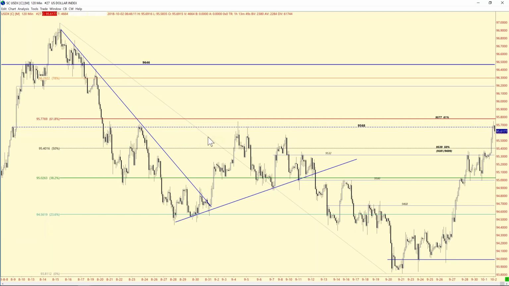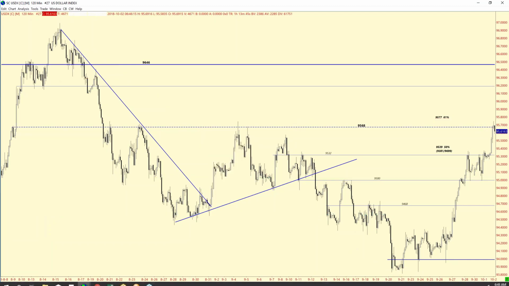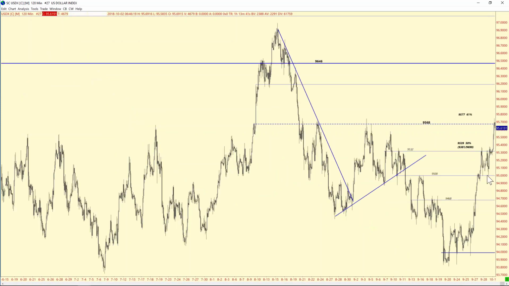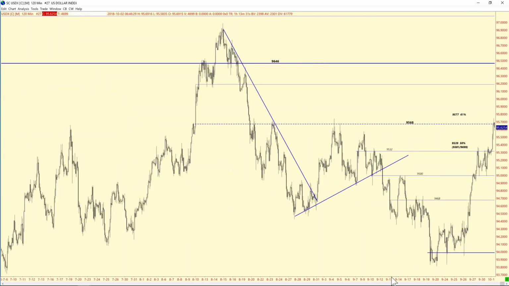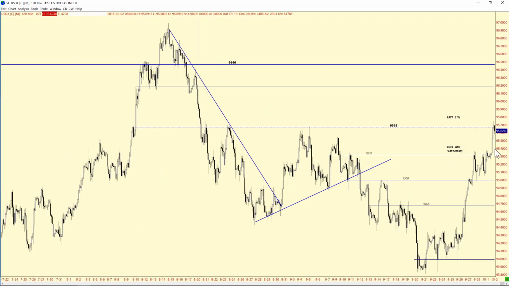But our bias chart resistance has been the 95.68 right here from yesterday, or really over the weekend. Because as long as it got that daily close above 94.97, the market was able to, whether or not it got to it, target 95.68. Now 95.32 is key. We know that that's been key for the last 3 weeks, but we knew there'd be a bevy of stops here, and we hit those stops.